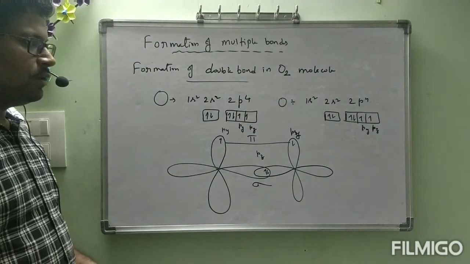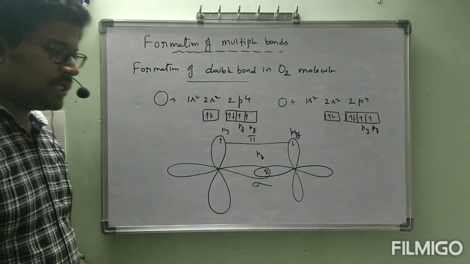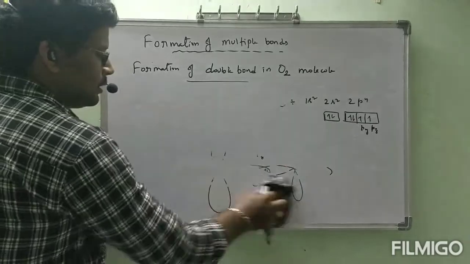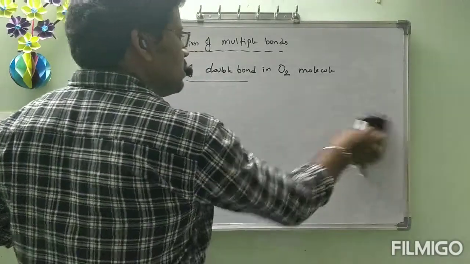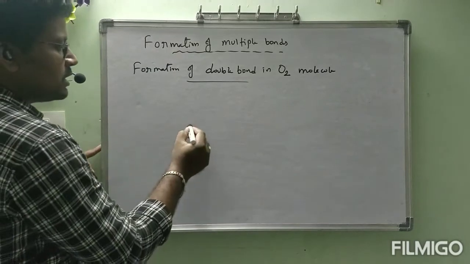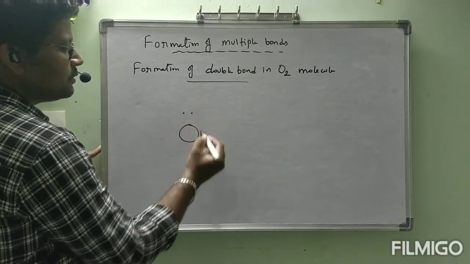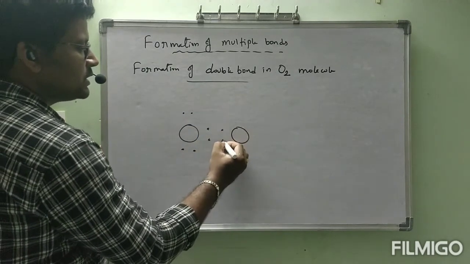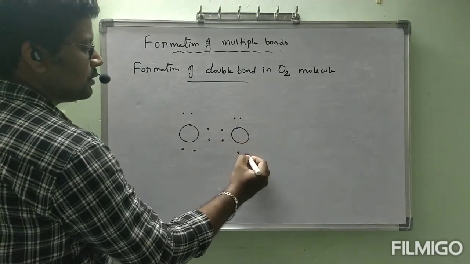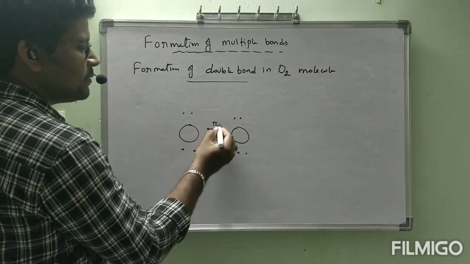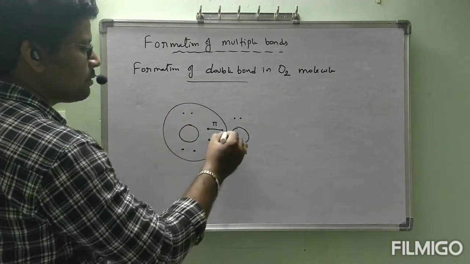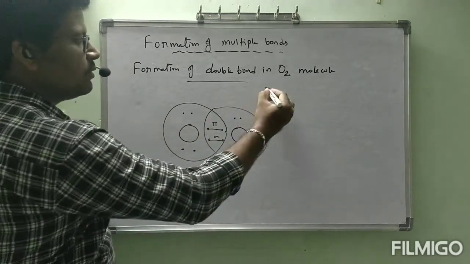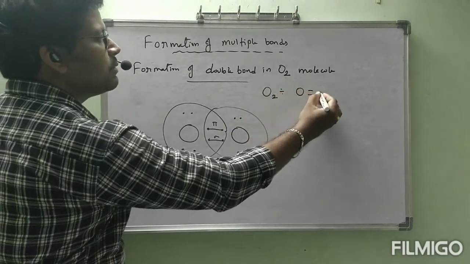Note down the diagrams. Okay. Now, what is the thing I am going to show? With the help of electrons, we can show that one. Oxygen has totally 6 electrons. 1, 2, 3, 4, 5, 6. Another oxygen also has 6 electrons. These two are involved in bonds. This is pi bond, this is sigma bond. By this, O2 molecule is getting stable. O2 will be shown as O double bond O.